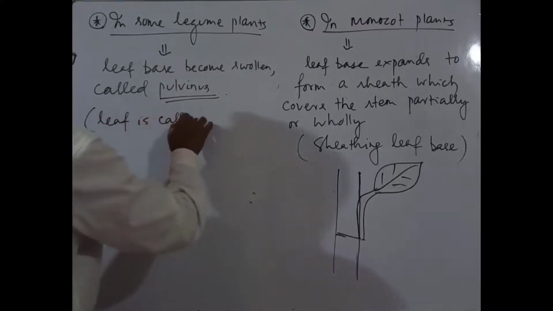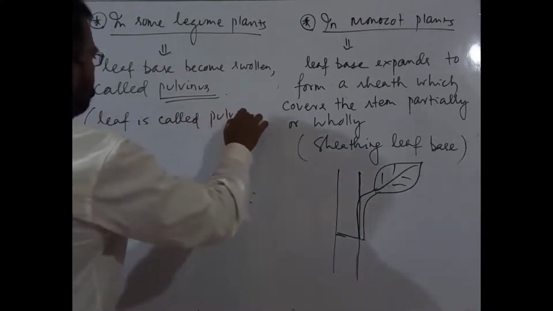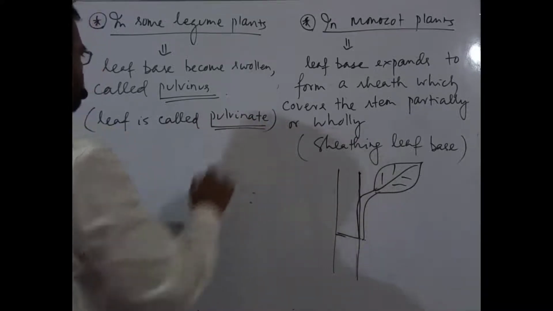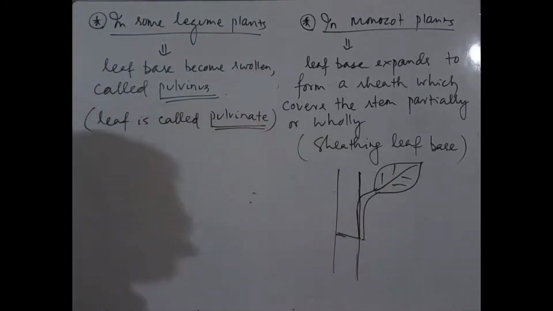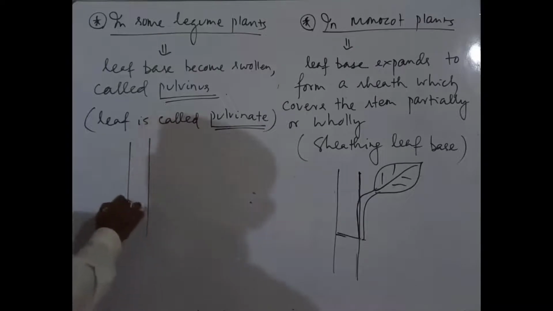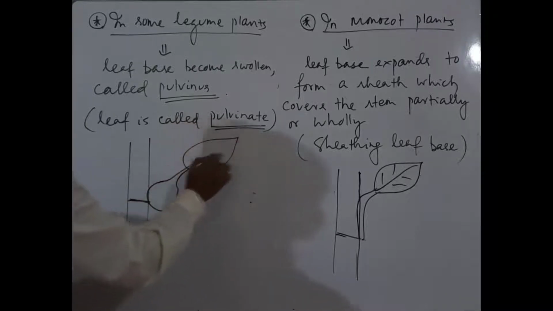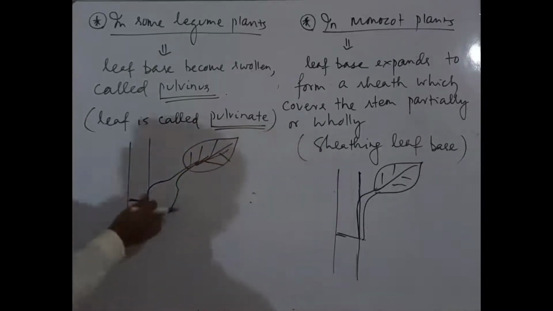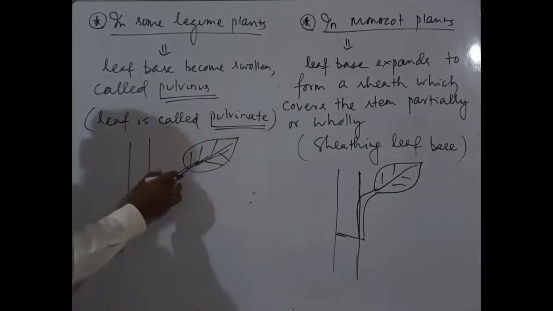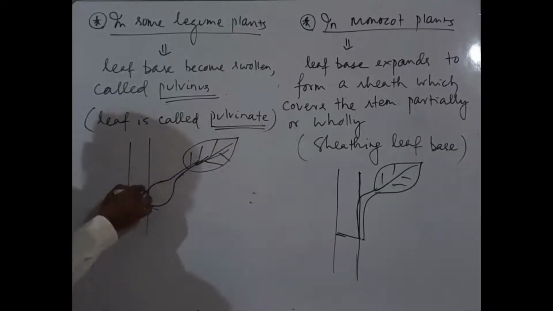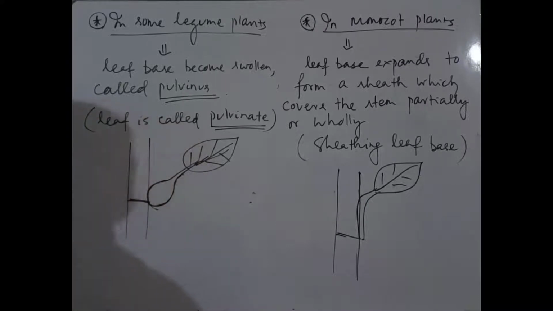Leaf is called pulvinate. लीफ बेस को बोलते हैं पॉल्विनस, अगर पॉल्विनस होगा तो लीफ को बोलेंगे पॉल्विनेट लीफ। तो देखिए इसकी डायग्राम कैसा है, ये नोड है, तो यहां पर लीफ बेस स्वोलन होगा, ये स्वोलन होके उसके बाद ये पिट्यूल है और ये लैमिना। तो this is swollen leaf base, ये लीफ बेस स्वोलन हुआ है, ठीक है, this is called पॉल्विनस।